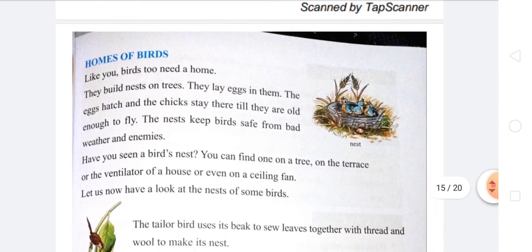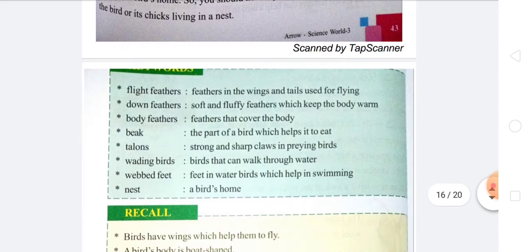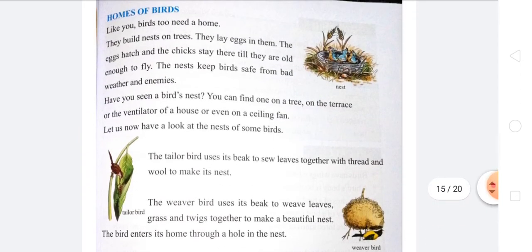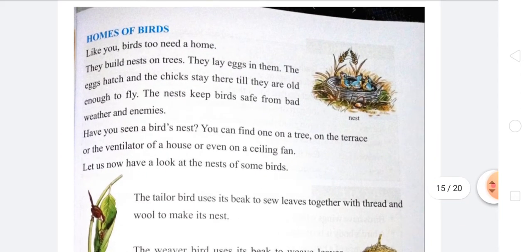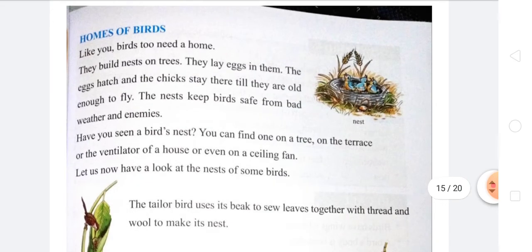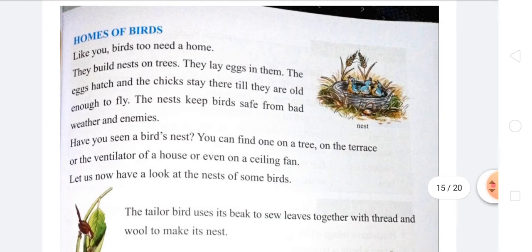Then after that, we know about the homes of a bird. If we talk about the homes of a bird, birds live in a nest, and they build a nest for their family or for laying eggs. The eggs hatch, and the chicks stay there till they are old enough to fly.